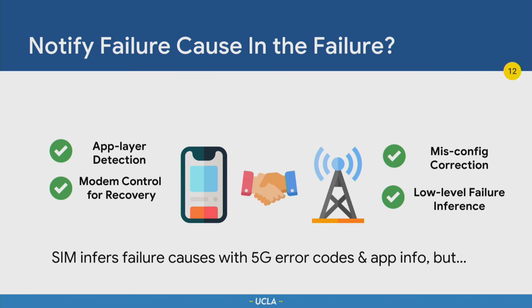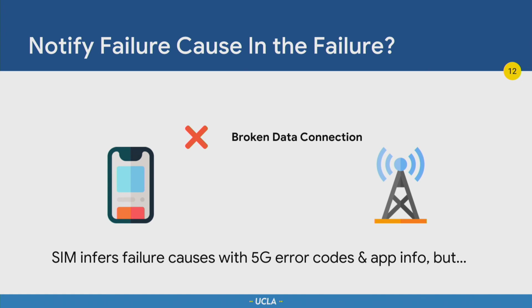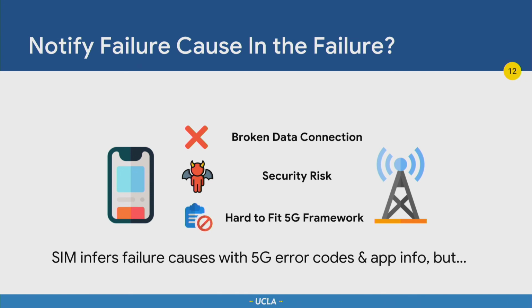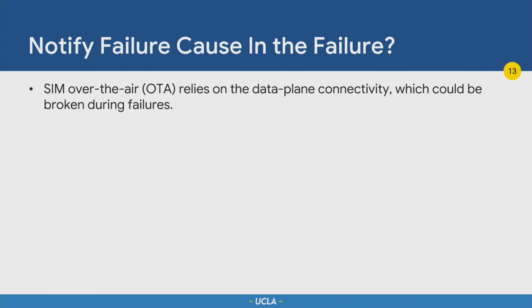However, although the SIM card wants to leverage this information, one big question or dilemma the SIM faces is that when the failure happens and the data plane has already been broken, without TCP or UDP connections, how can we get that info? And second, if we design some new signaling or schemes to enable this communication between the device and the infra, potentially we will introduce new security risks, and it's highly possible that it's hard to fit into the 5G framework, which needs a long time to be standardized and also deployed by different entities, like the operators, device, and OS vendors.